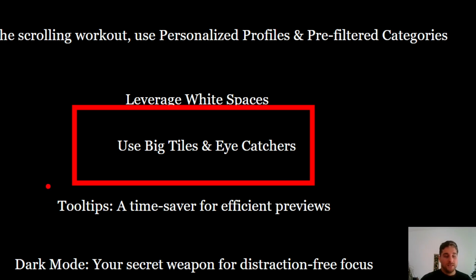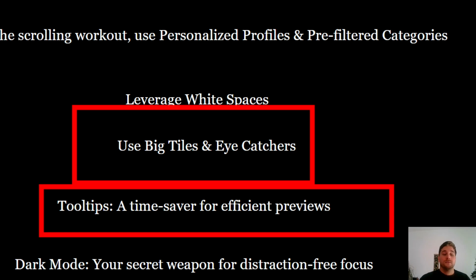One more thing that I personally use a lot and like to include in my reports is tooltips, which are a time saver for efficient reviews. But again, do not overwhelm your report with so many tooltips, because that could be a bit confusing for the user, and you may need some time to explain or include some kind of guidance on how the tooltips could be used. But there are a lot of options, like tooltips, bookmarks, and drill through options.